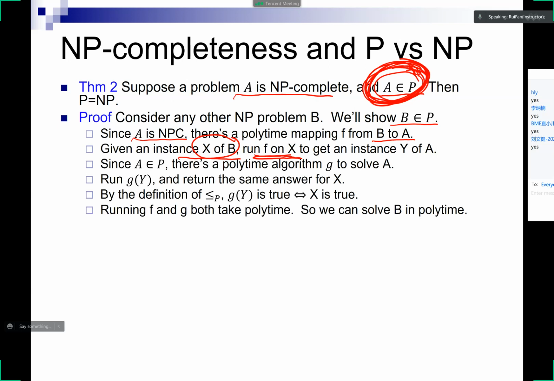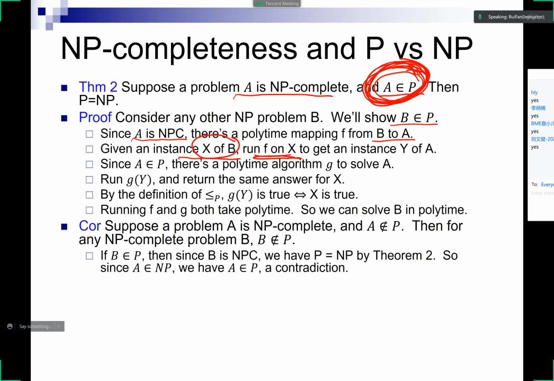Okay. So that's the first thing: if you can show any NP complete problem is in P, then you've shown that P equals NP. Now, on the other hand, if you can show that any NP complete problem is not in P,